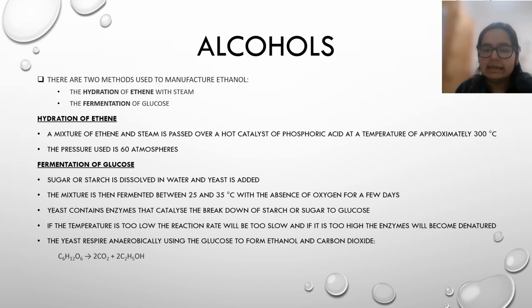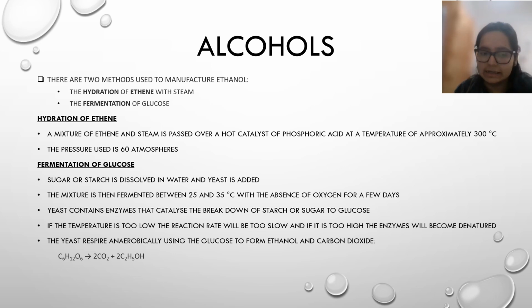Now yeast contains enzymes that catalyze the breakdown of starch or sugar to glucose. If the temperature is too low, the reaction rate will be too slow, and if it is too high, the enzymes will become denatured. So we need to maintain an optimum temperature, which would be between 25 and 35 degrees Celsius. Now the yeast will respire anaerobically using the glucose to form ethanol and carbon dioxide, and the reaction is given